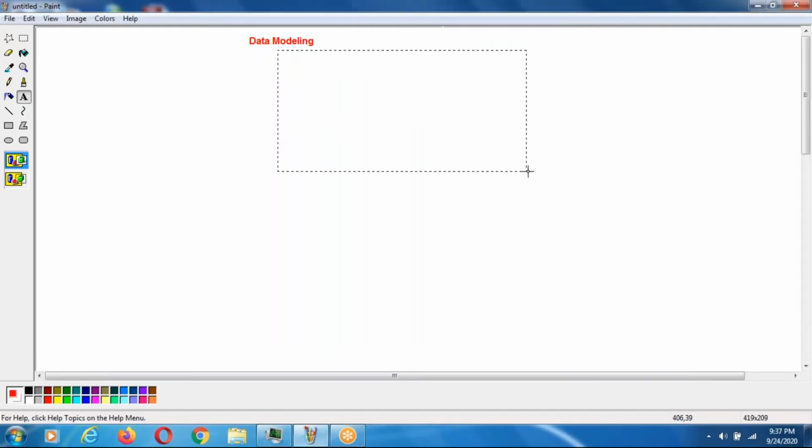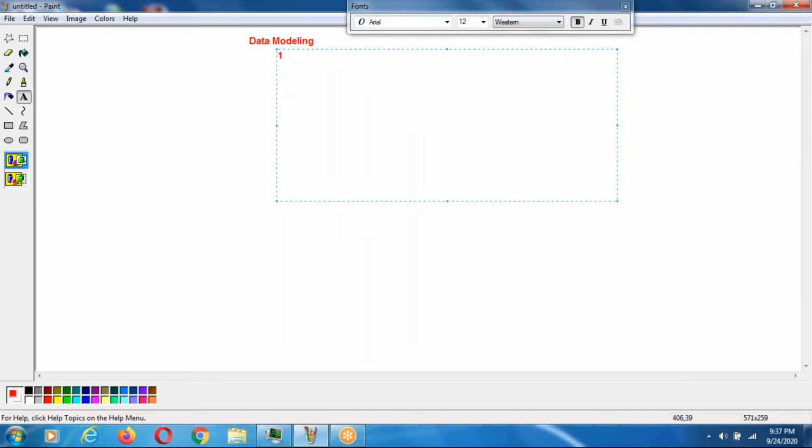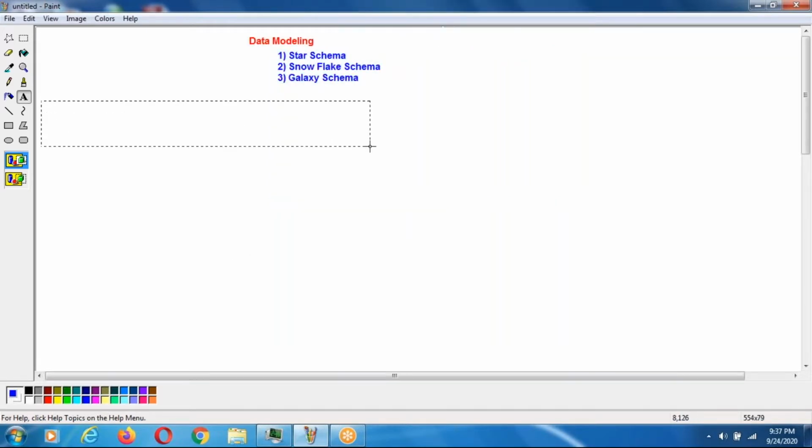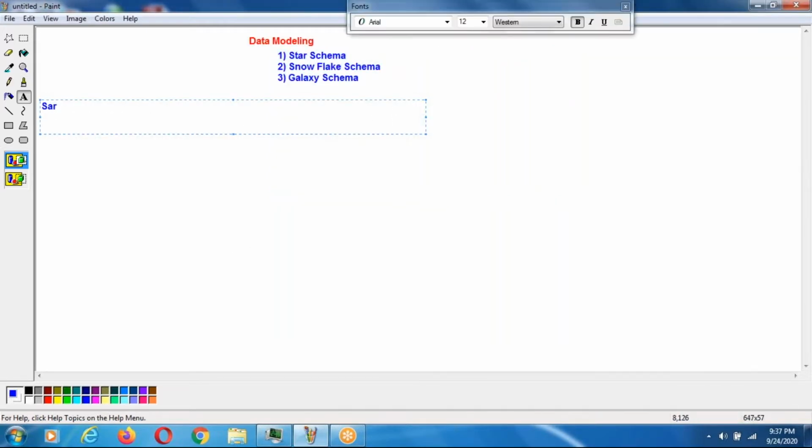So data modeling, warehouse is providing three types of models: star schema, Snowflake schema, and galaxy schema. So if you take the first one, star schema,